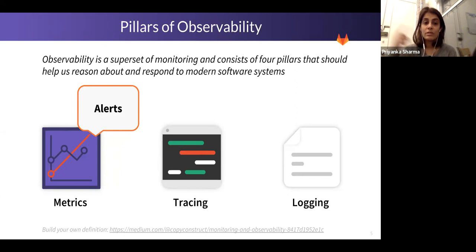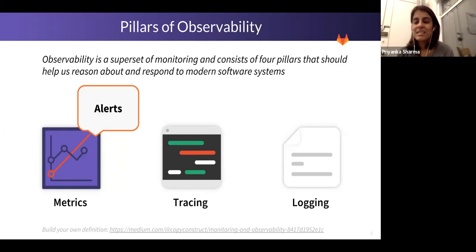Very related to metrics are alerts, traces, and then logs. When we think of metrics, these are simple counters, right? That these events are happening, like there's X amount of 404s. Alerts are, hey Priyanka, there was a 404 on this page that you work, which is part of your responsibilities. Tracing is knowing when that 404 happened, what was the path the request took and the pieces it went through.